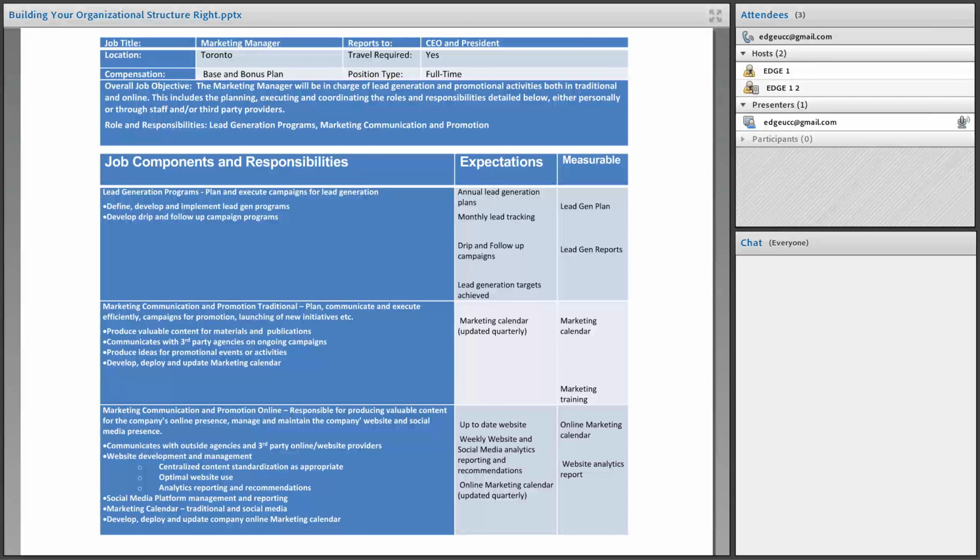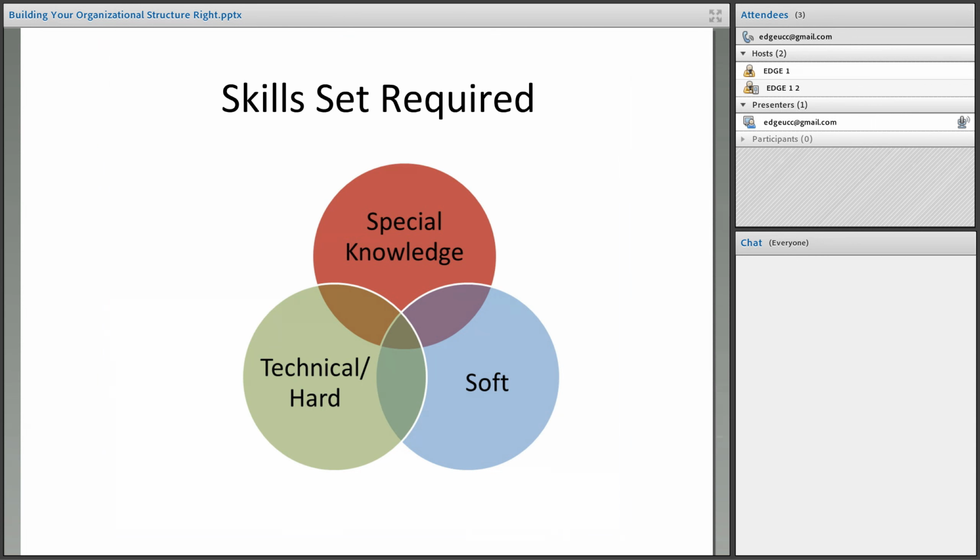And the tighter you can get, especially when it comes to timelines and frequency, please make sure that you're including that in the expectations. It makes the employee much more aware of what you expect from them. It allows them to self-manage and allows you to also spend less time having to keep reminding them, as opposed to letting them focus on their job description, which outlines for them clearly what their job components and responsibilities are, as well as expectations and timelines.